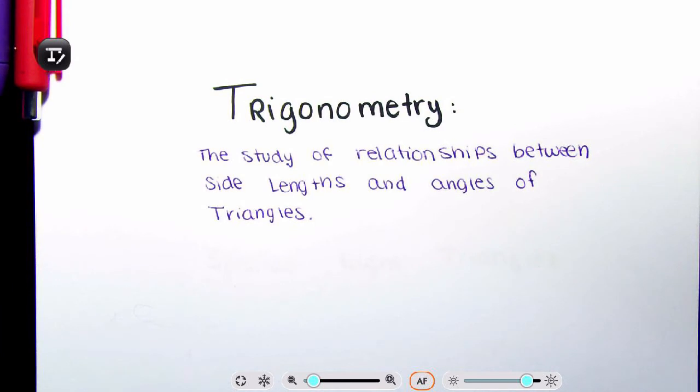So, trig is the study of relationships between the side lengths and angles of the triangle. So, we're going to be talking about right triangles, 90-degree triangles. We're going to be talking about all types of triangles using trigonometry. And we're going to be using that relationship between side lengths and the angles. Now, if we go into